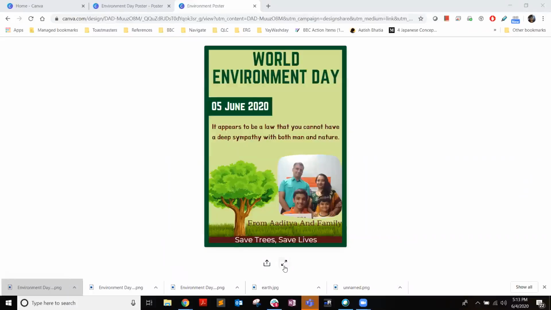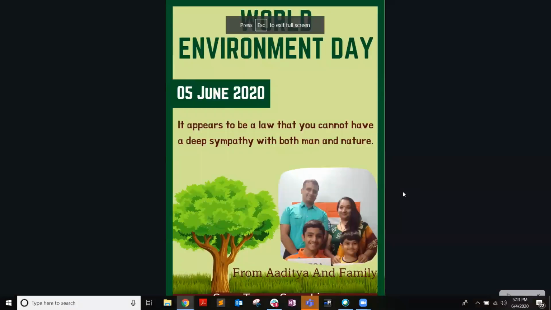This is what Aditya has made. Looks good, right? He has taken care of the font, the color. He's chosen a nice image of the tree. This looks great, Aditya. Thank you so much.